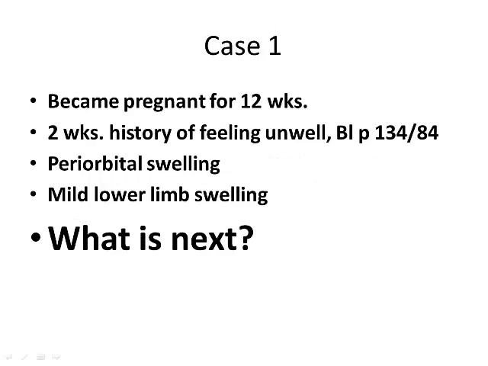Well, just for the sake of argument, she became pregnant. After 12 weeks now, she came to see you because of a recent 2-week history of feeling unwell, blood pressure as you can see. She now has more peripheral swelling, a little bit of swelling, and we start to worry about her. So the catch here is that she became pregnant, and whether the immunosuppression we used early on was good enough or not. And that's the catch.